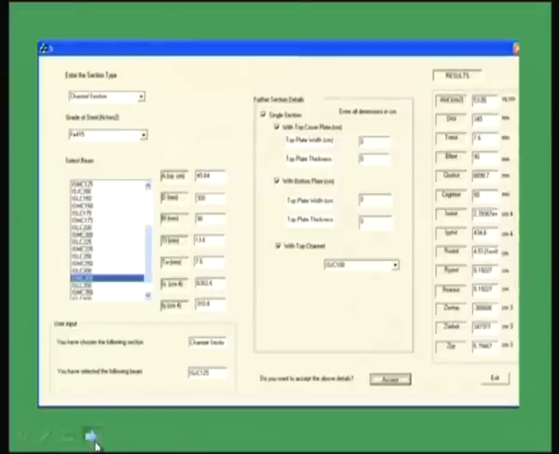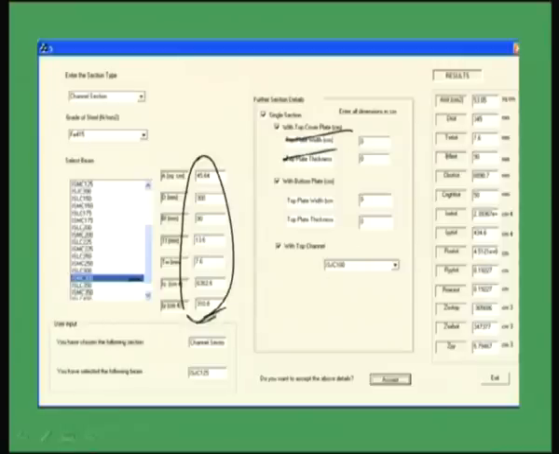Okay. Similarly, for channel section also we have seen, if channel section is there, what is the individual sectional properties of that particular channel ISMC 300, that has been displayed here. Now if you put say top cover, bottom cover, or if you put another channel, right. Now if you put another channel here, okay.